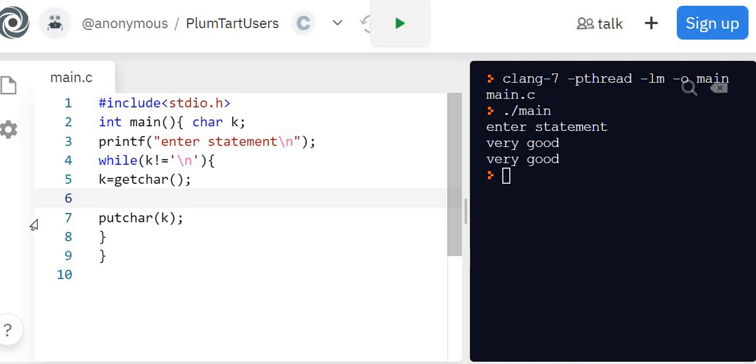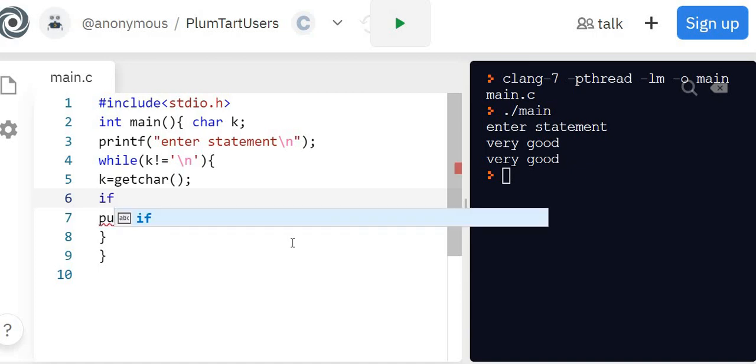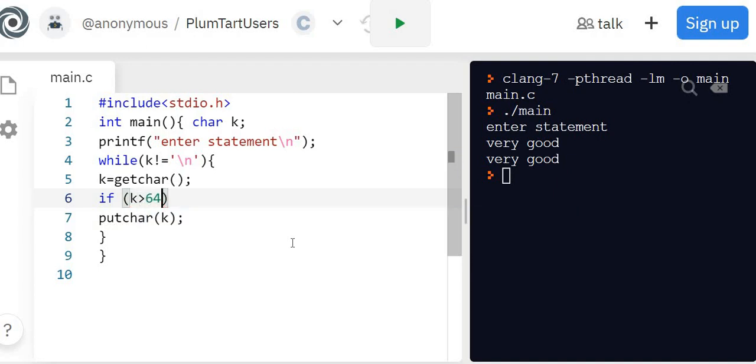So when you get a character, check whether the character is small. If the character is small, then make it capital. Or first write for making small. If the character is capital, then make it small. So capital character means K is between the range 65 to 90. So if K is greater than 64, that is 65 onwards,